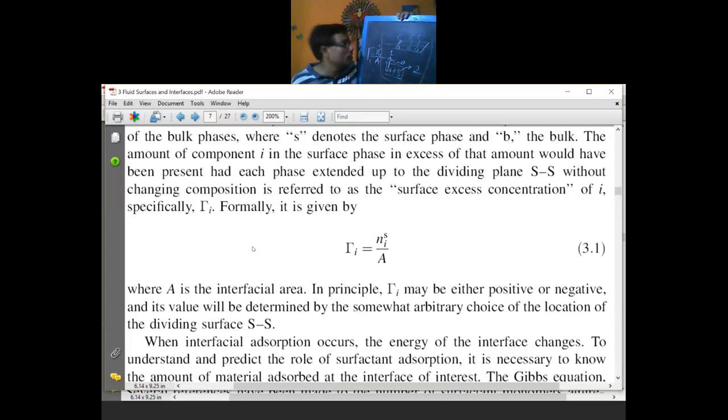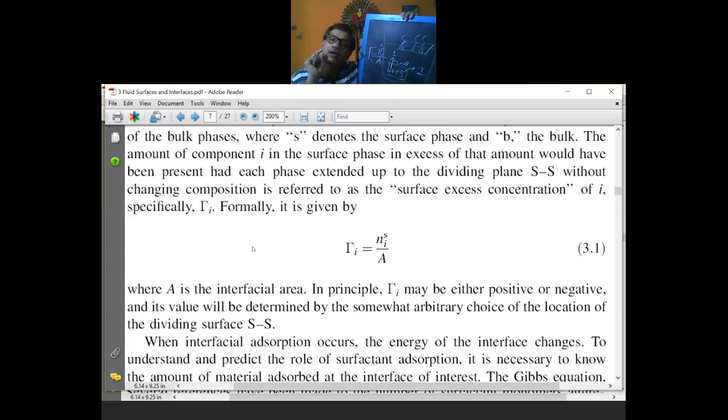Theoretically, this surface excess could either be positive or negative. If the substance does not prefer to get adsorbed at the interface, then the surface excess would be negative. If it prefers to get adsorbed at the air-water interface, then the surface excess would be positive. If there is no additive, just a one-component system, there won't be any surface excess. That means it needs to cross an energy barrier.